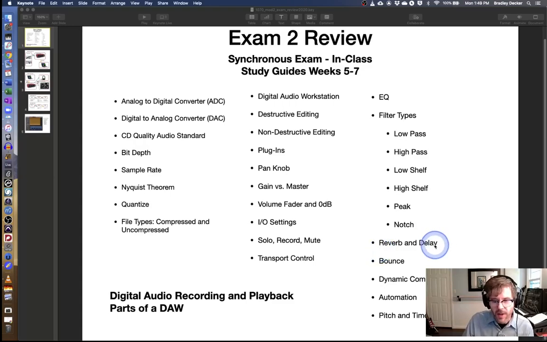And reverb and delay, those are very similar. But delay has a time element to it, where you are hearing the playback of the audio according to a timeline, stored in a buffer and replayed in a timeline. Reverb is a bunch of delays packed together, so you get the sense of ambiance and environment. And so reverb is a bunch of delays really close together, and that gives you a sense of